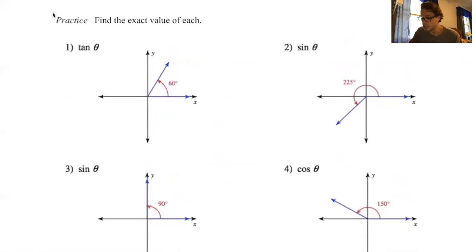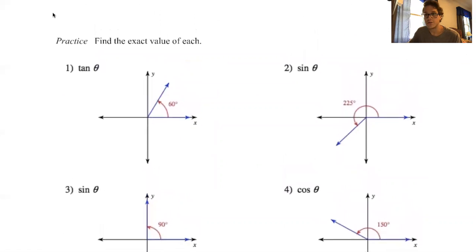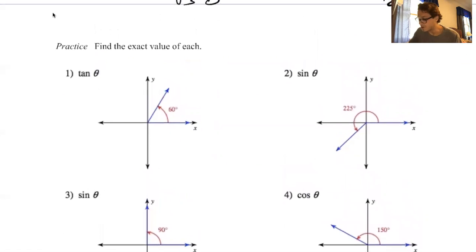I'm going to leave number 1 for us, but let's do something like number 2. We want to find the sine of 225 degrees. Well, let's draw a little ASTC chart. Let's figure out what sign we should have here. The sine, is it positive or negative in the third quadrant? Because that's where we are. And we know, since tangent is the only one that's positive in quadrant 3, that sine of 225, I'll write it over here,